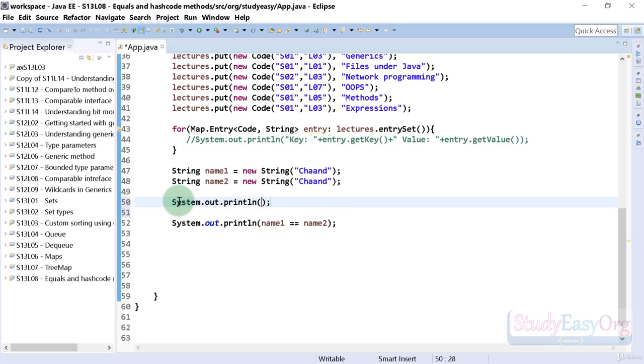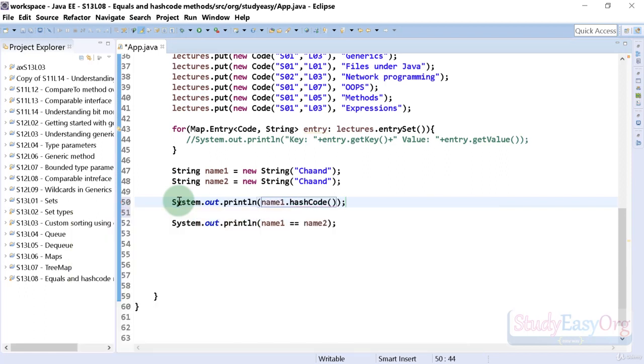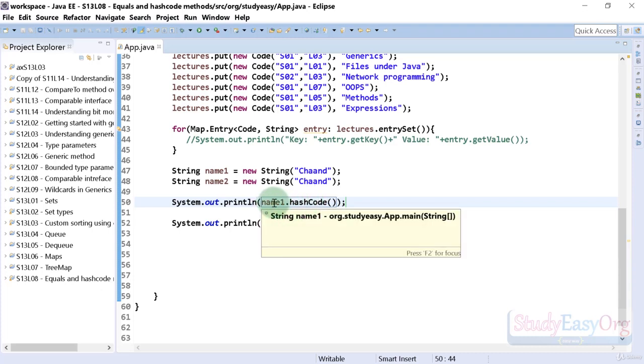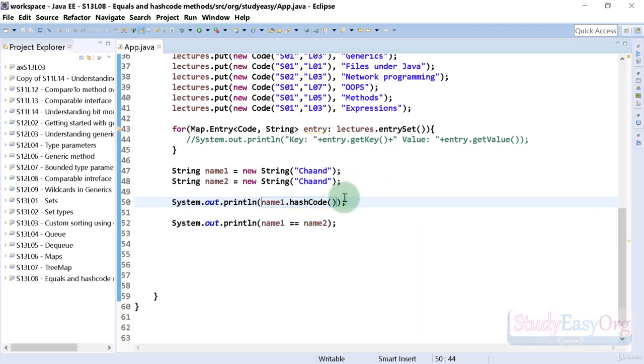Let me type in a sysout statement. I can say name1.hashCode. Now the hashCode method is available to each and every object, so this is available to us. Now when we call the hashCode on name1, a hash code would be generated. Hash code is a unique number for the object, right? So hash is something like an identifier of the object. So in here I will say name1 would be, for example, in a string